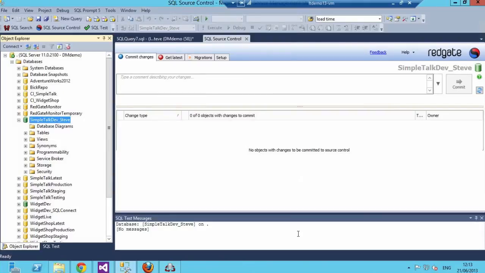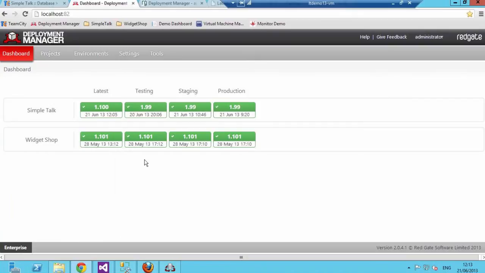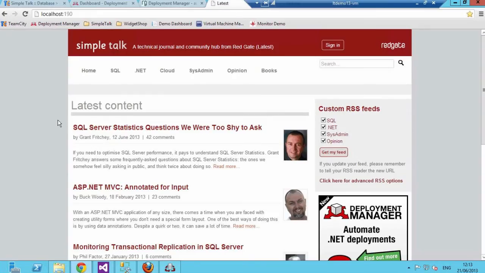I'm not going to use this now because I have continuous integration set up, so I've got it set up to automatically do the publish and deploy from the command line. So let's have a look. While I've been talking, obviously those changes that I made originally to the latest environment, watch around this bit.